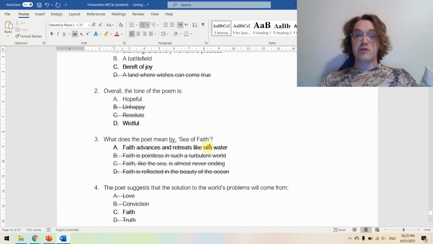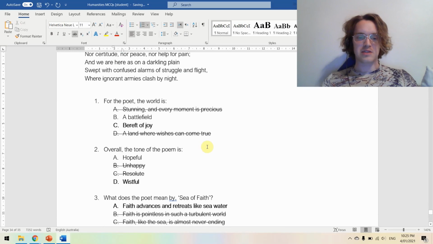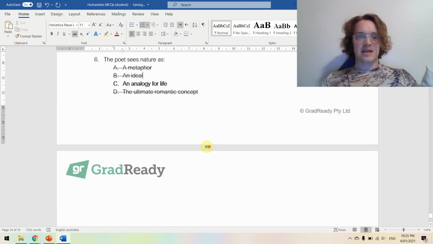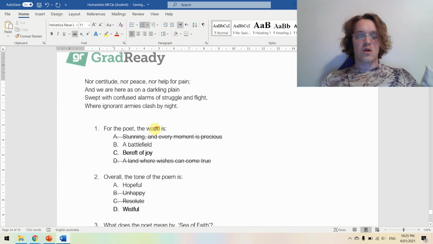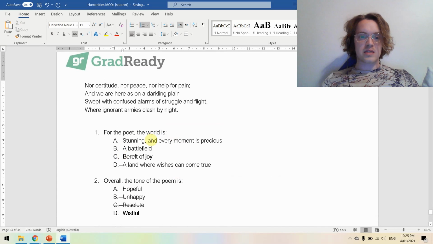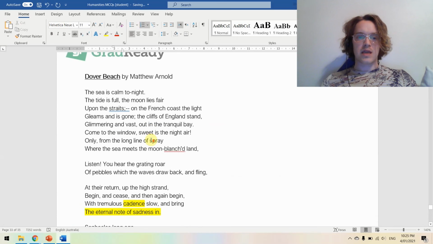So we've just gone very quickly through, I guess, you don't have that much time in the GAMSAT to go through these any slower than we did, but we went through some quick explanations here. We correctly answered all of these questions in a very difficult poem, and I hope you found it useful just to have a look at the kind of ways that some of us think when we're approaching these kind of difficult